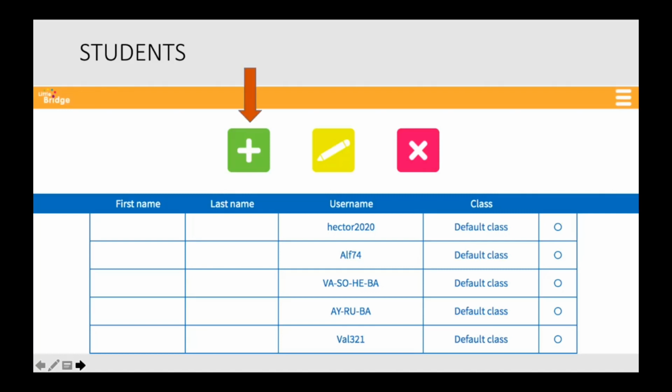So again, the same procedure. If you click on the plus sign, you can add one student. If you click on the pencil icon, you can modify one student. And if you click here, be careful, because you can delete the students and there is no way to put them back. So that's why we need the help of an administrator, because that's why all the students' passwords and usernames are already uploaded. The only thing you need is to tell them how many of those licenses, of those usernames are for you, 25, 35, 45, etc., depending on the number of students you have.